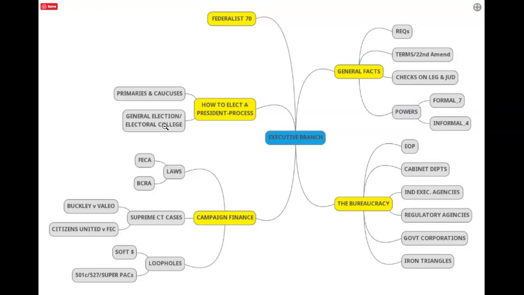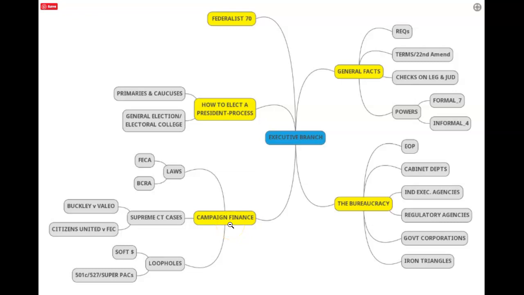And then you also need to know how the winner-take-all system really messes over third-party candidates, and how the winner-take-all really then focuses candidates to just hang out in the swing states versus going to the very liberal or very conservative states. Once we finished how to run for president, we then took a look at the campaign finance laws